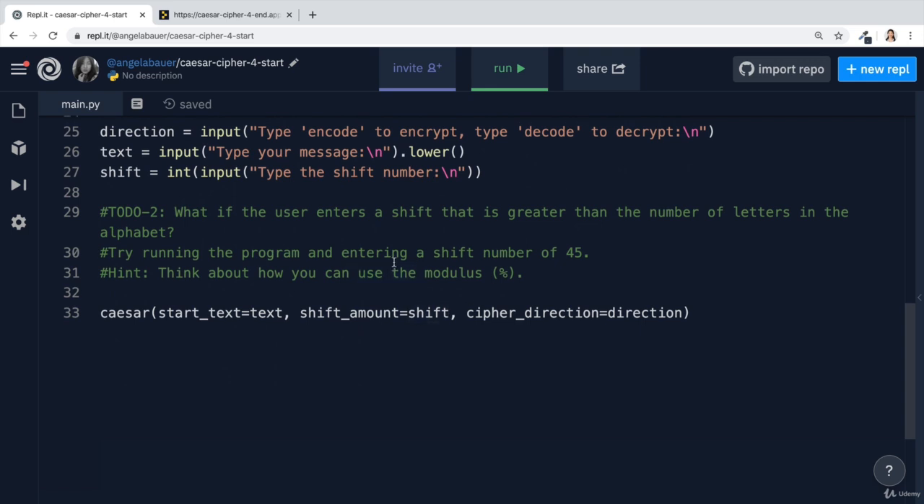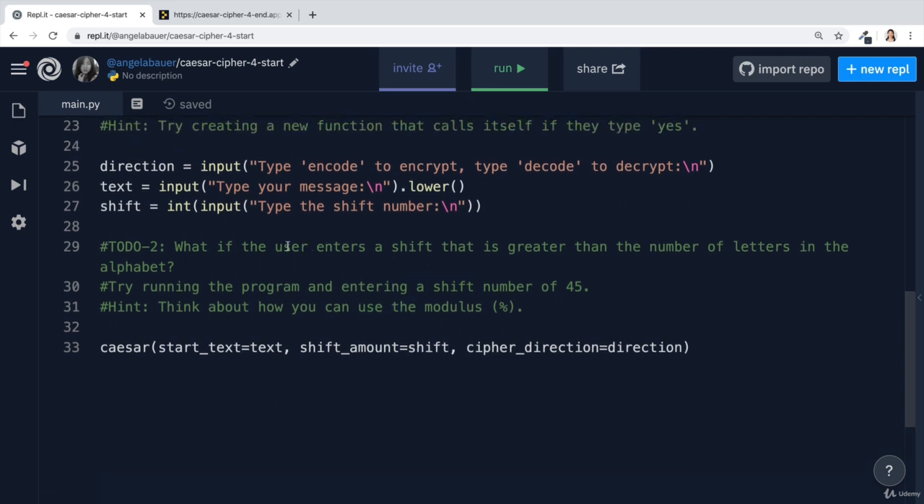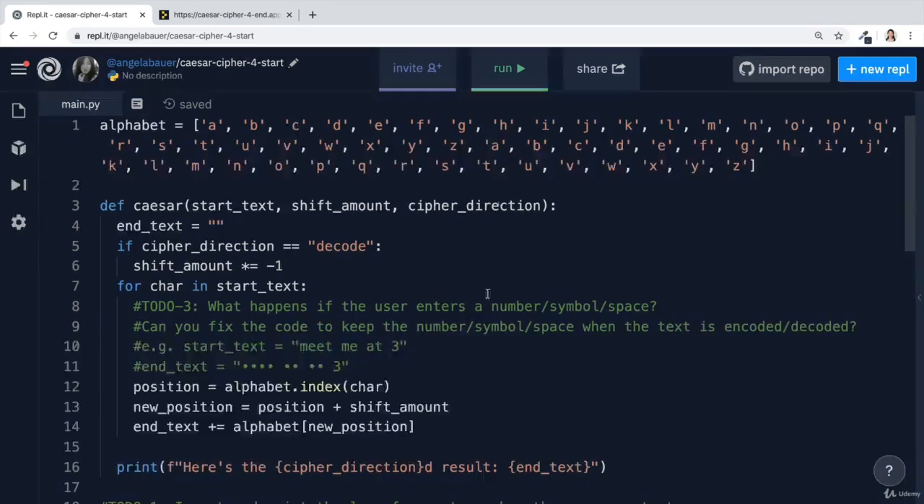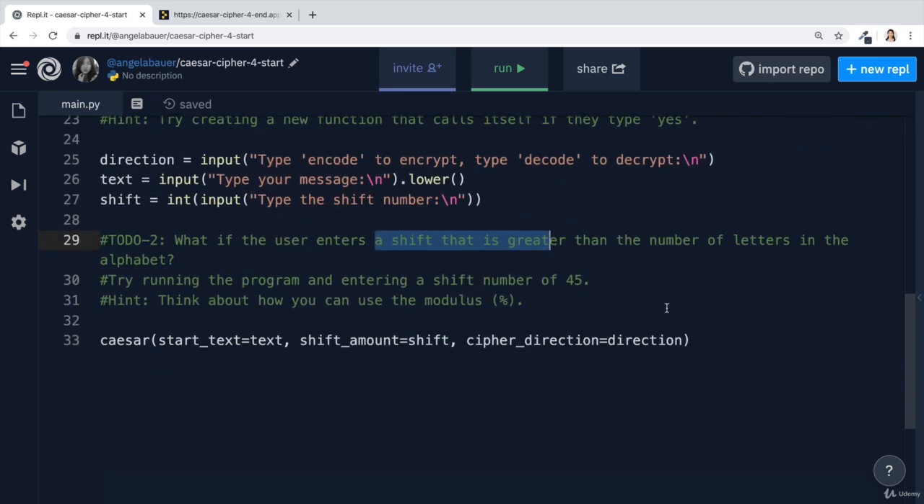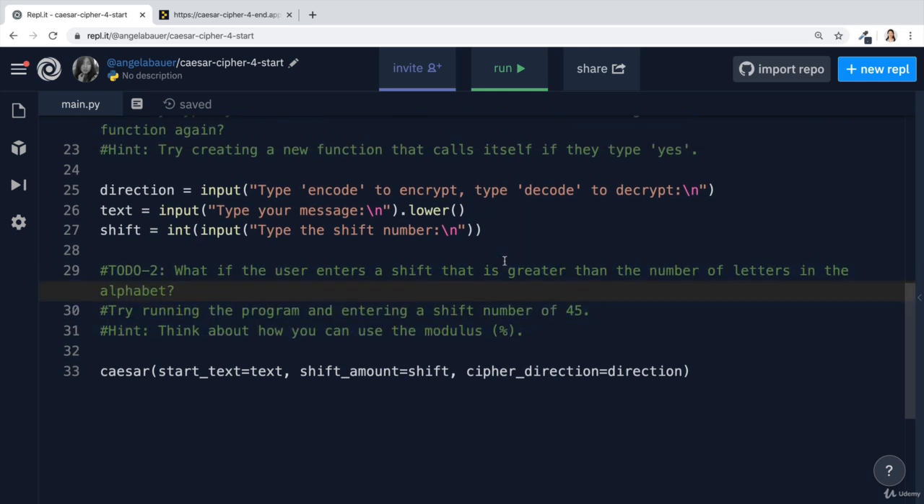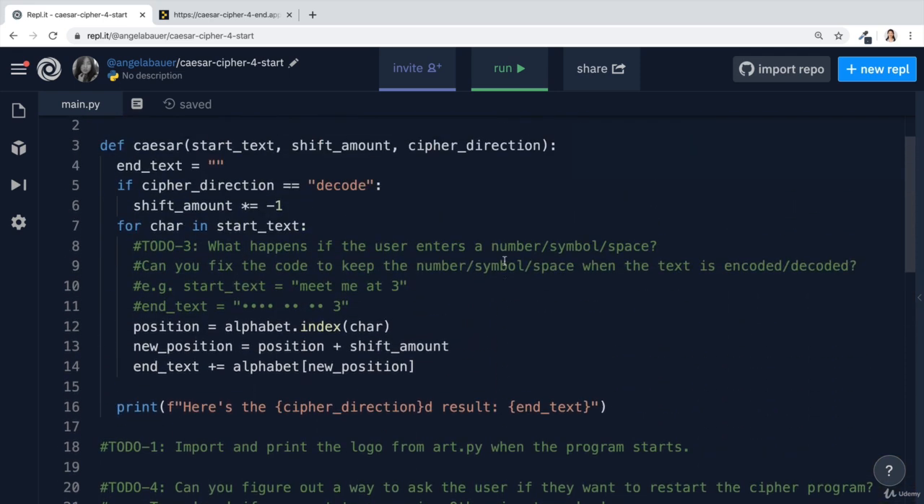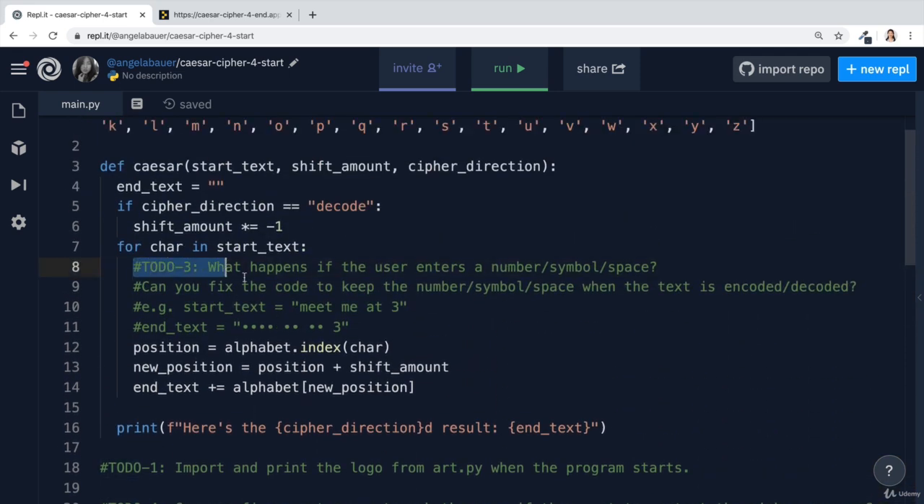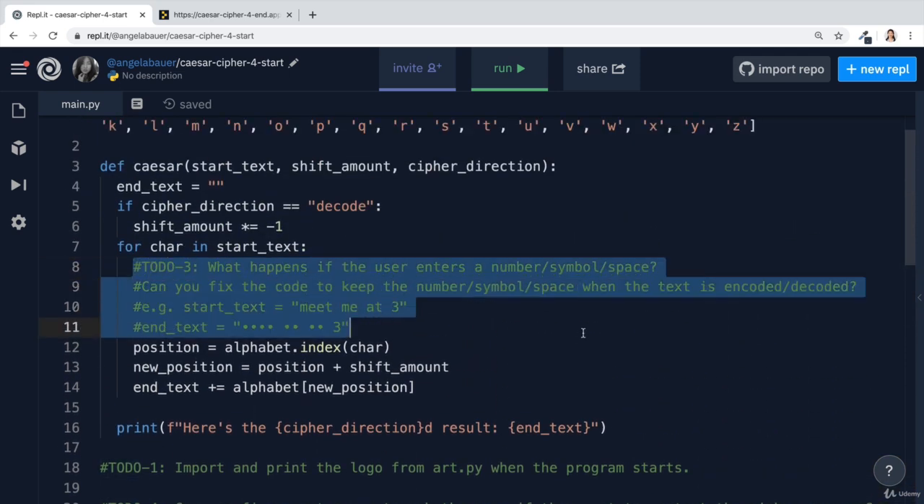One of the things we haven't really thought about is if the user enters a shift number that's actually really, really large, like 100, then we're actually going to run out of letters in our alphabet. And so we're going to use what you've learned before, and it might take a little bit of thinking around this to fix this particular bug right here. And once you've done that, then we move on to over here,